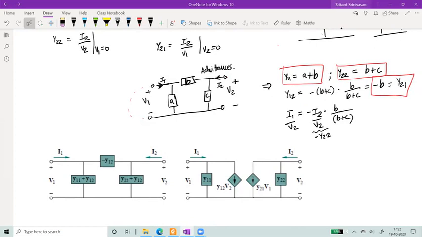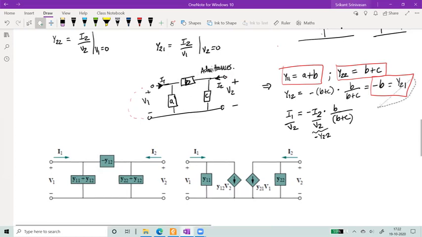And in the bottom, you can then see the equivalent figures. So this is Y11 plus Y12 minus Y12, right? So we said that the element is B, and we said B is minus Y12. So essentially you got minus Y12 here. And you said Y11 is A plus B.